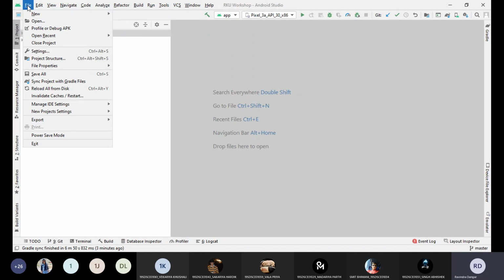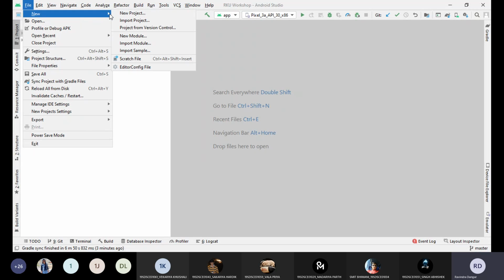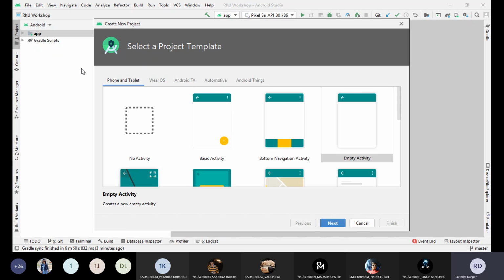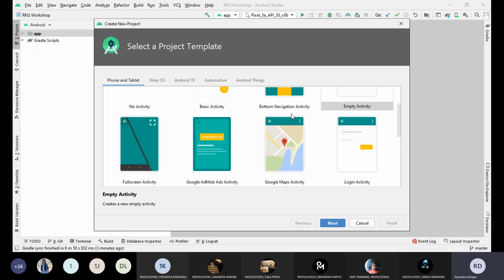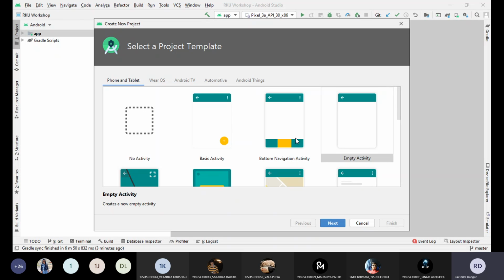But to create a new application, you can go to the file menu, go to new, and click on new project. Just click on new project, and here, this is the beauty of Android Studio. Earlier, when we were developing applications in Eclipse, we were getting only a blank activity. Here, this is the option for empty activity, and if you select this, then it will be an empty activity. Everything whatever you want, you will have to place, you will have to write the code. But now you are getting many options.